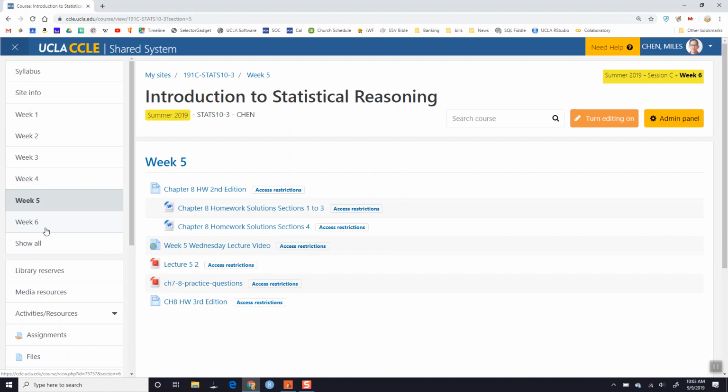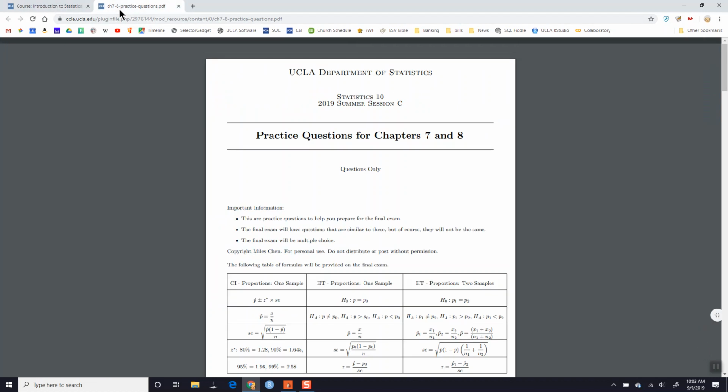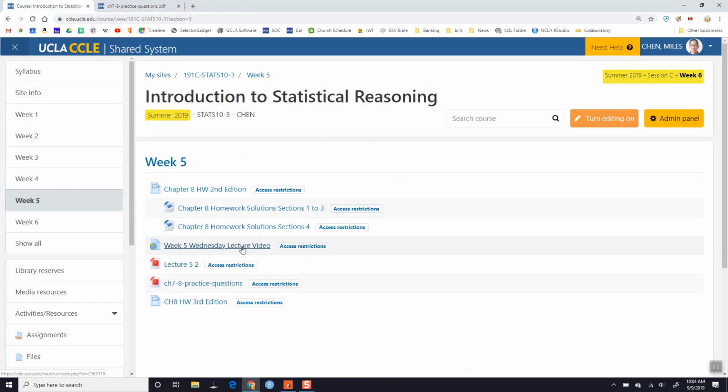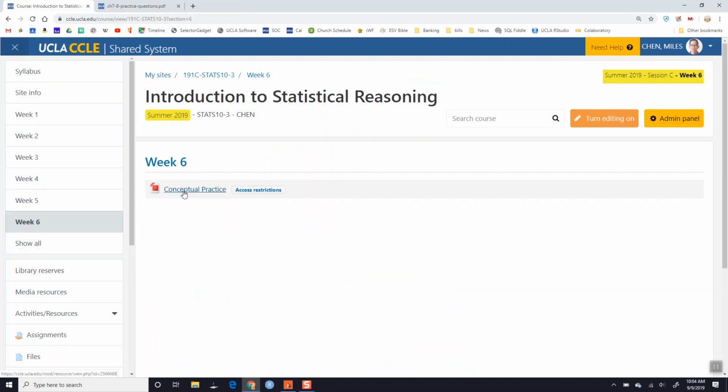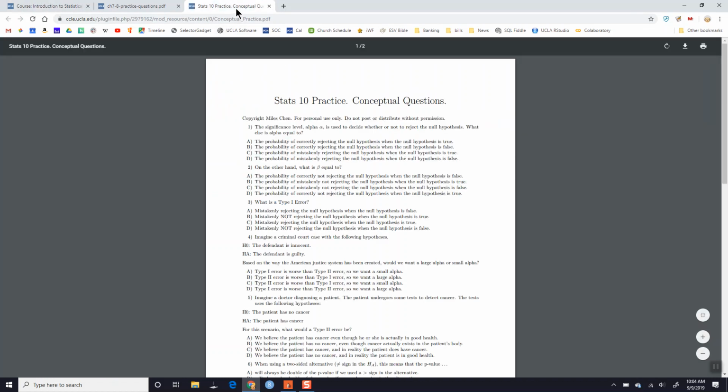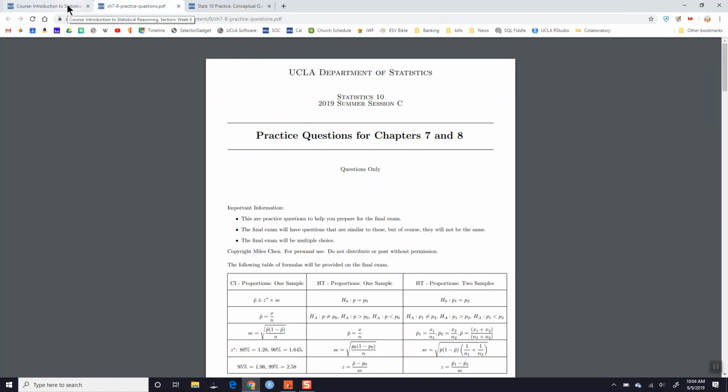So anyway, today I thought I'll spend a little bit of time lecturing on the conceptual aspects of hypothesis testing, which we didn't have enough time to go over last week. I can work through some of these practice questions, although I think your TA will work through these in section, and I will also post solutions. I also posted some conceptual practice questions that we can work through today as well. Okay,